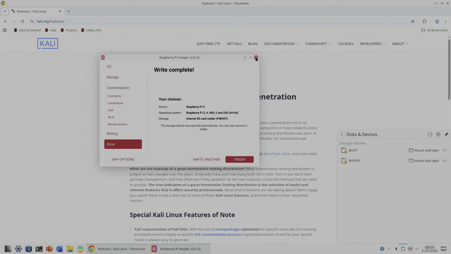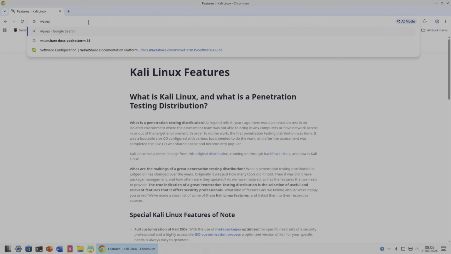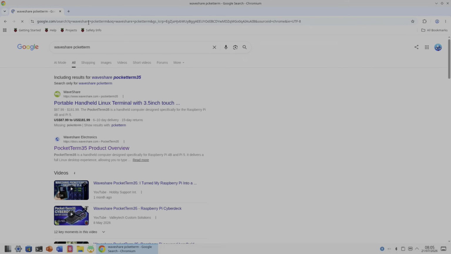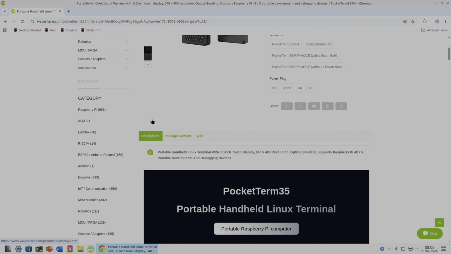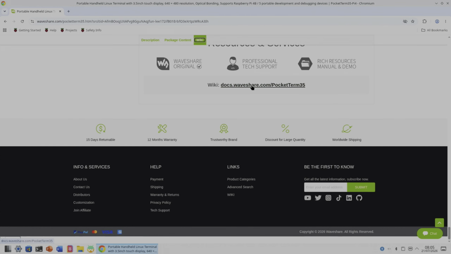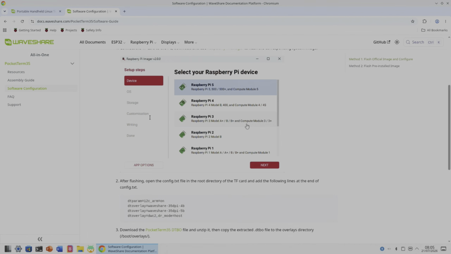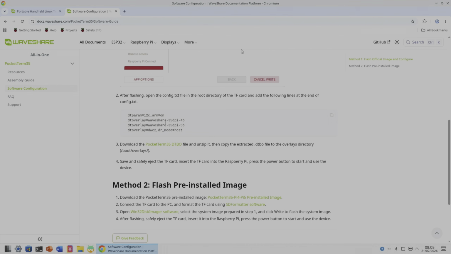So let's close this down. We'll also go to the Waveshare PocketTerm website. Here it is. And we're looking for the wiki and the docs and software configuration. So what we need to do is add this to the config.txt. So we hit the copy icon here,